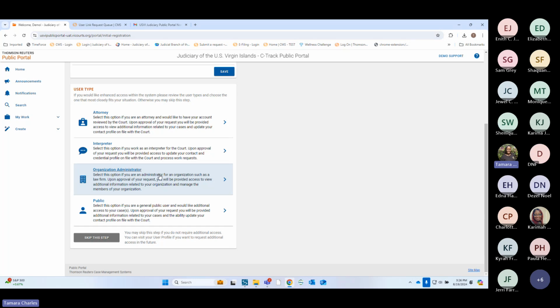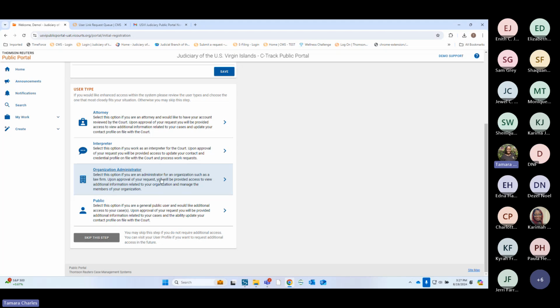If they're an attorney, I'll show you the steps for the attorney separately. But if you're just a support staff, I ask that the legal org administrator take the lead on making sure you sign up as a legal org administrator, and then your support staff, you will bring them into the organization in the steps that I'm going to show you next. But if it's just a user, a support staff, they need to just wait on you.